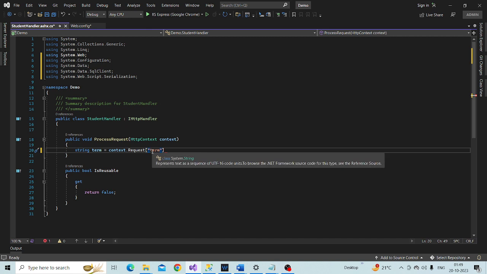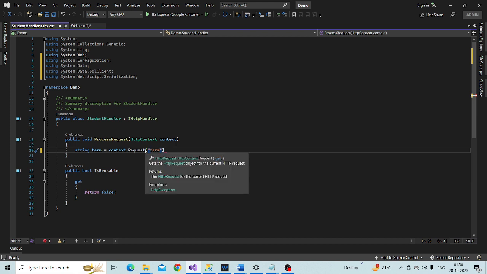In a bit, you will understand where this query string is coming from. Now, if we have a query string with that name term,